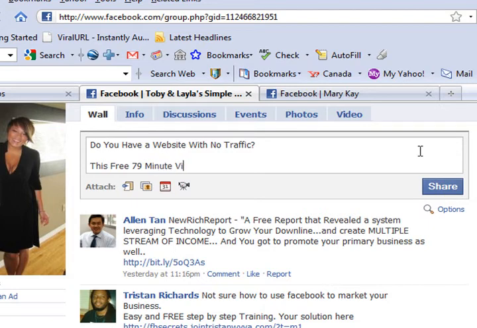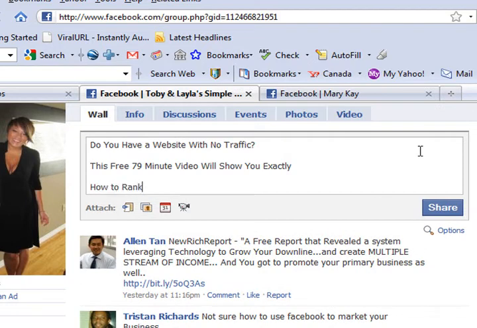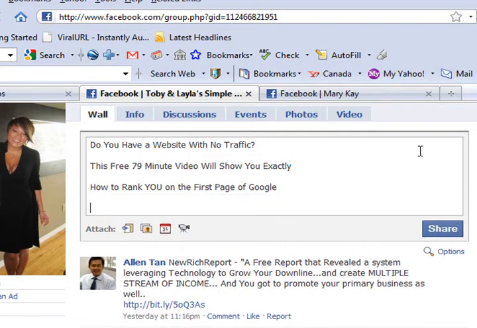And obviously, the third part in the formula is some proof. And we'll do that by using all of the numbers, how we get specific with the 79-minute video. We'll talk about how to rank on the top pages of Google overnight. And also that we've been able to generate upwards of 50 leads from one piece of content.